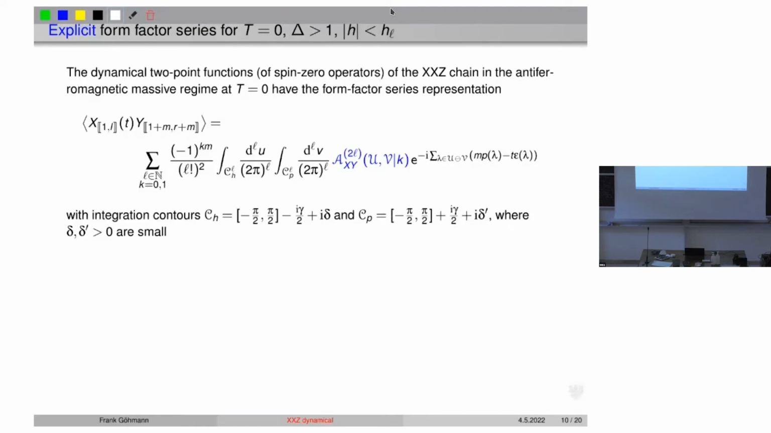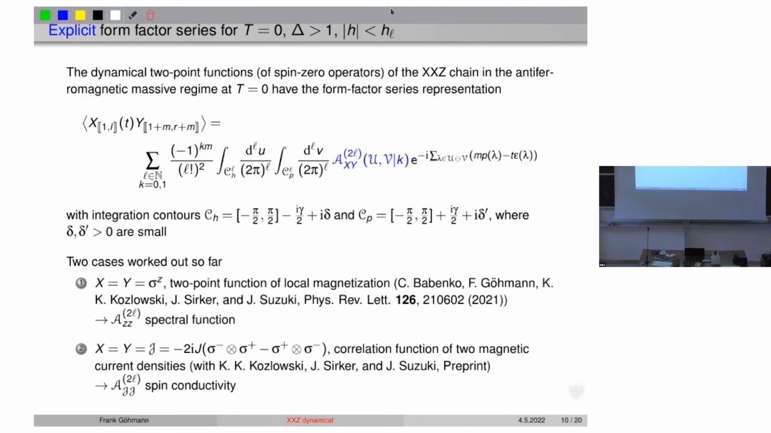Okay, so these amplitudes are the new things. The blue thing: we were able to get explicit expressions for these amplitudes, and so far we worked out two cases. One is when the operators x and y are two Pauli matrices, sigma z and sigma z, both the same. And the other case, which is in the preprint, is when we have a two-site operator here, which